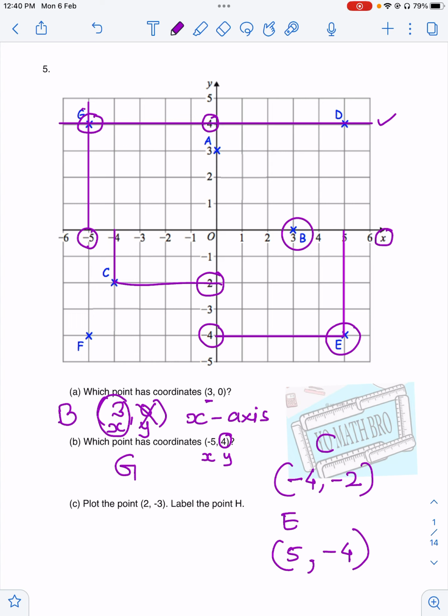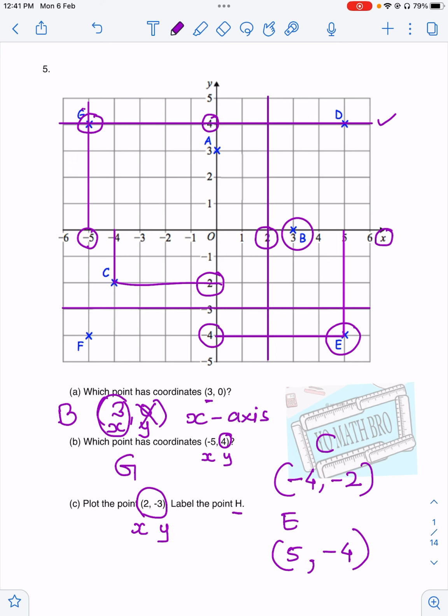Now they have asked us to plot the point (2, -3) and label it as point H. So first write down x will be 2 and y will be -3. I search the x-axis, which has 2 here. So what I do with a pencil, please draw the line up and down, because you don't know where it is going to lie, as we are in the initial stage of learning graph. Now on the y coordinate we have -3. So I join this line